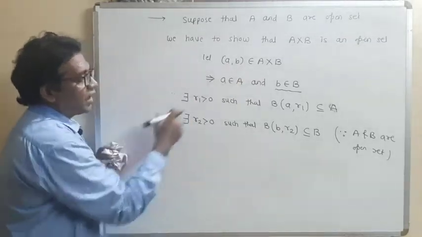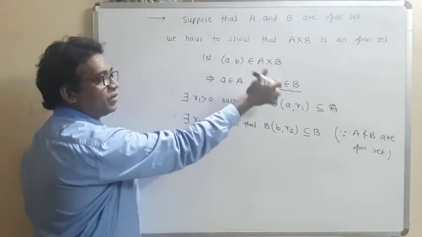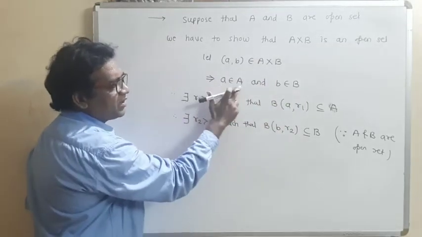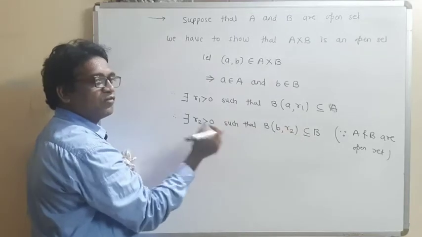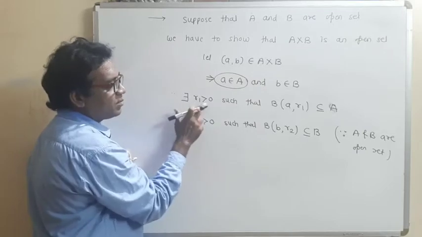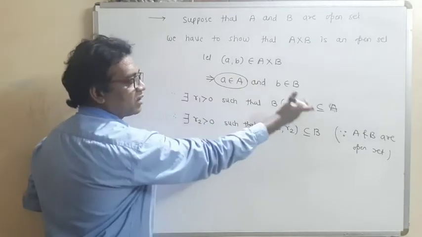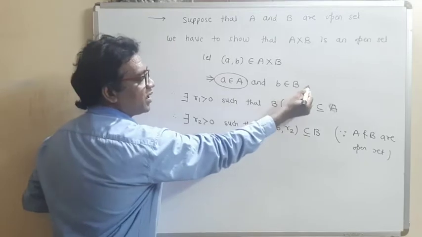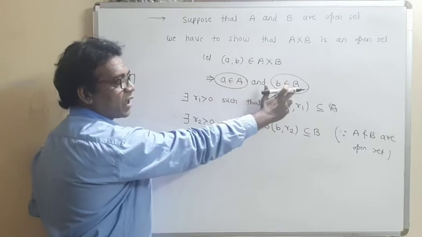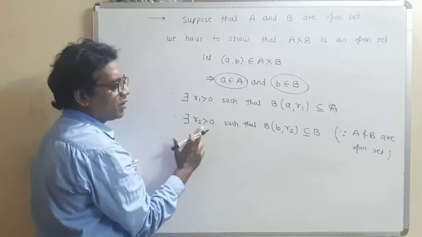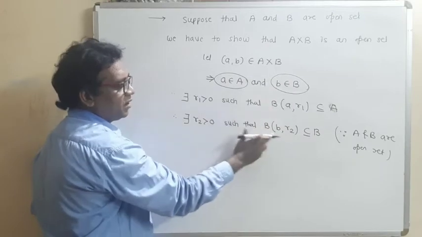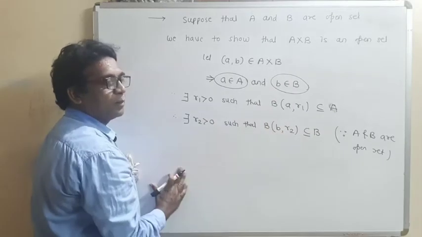So obviously a is an element of the first set and b is an element of the second set. And what are this a and b? We are given that a and b are open sets. So what is the definition of an open set? If it is an open set, then there exists some radius r1 greater than 0 having this condition, as well as, we are given that b is an open set. Open set means for each b belonging to capital B, there exists some radius r2 greater than 0 such that the open sphere B with center at b and radius r2 is contained in B.